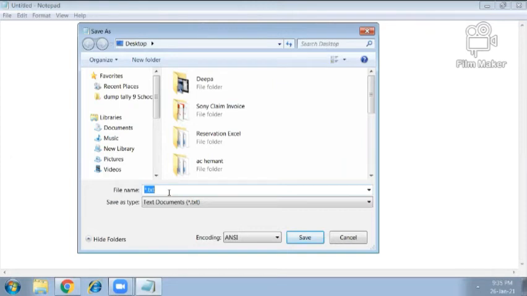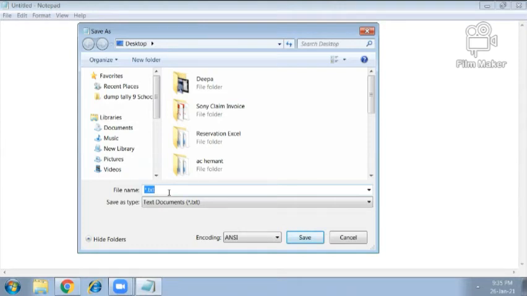If my file is related to MS Word, then I will get the extension .doc in the Save dialog box. If the file is related to MS Excel, then the extension will be .xlsx. Now our file is related to Notepad, so our extension is .txt.